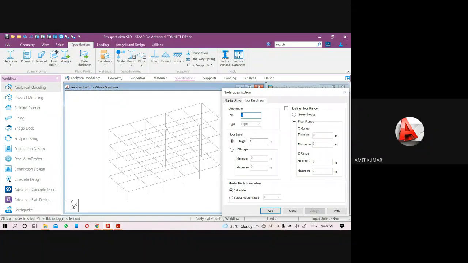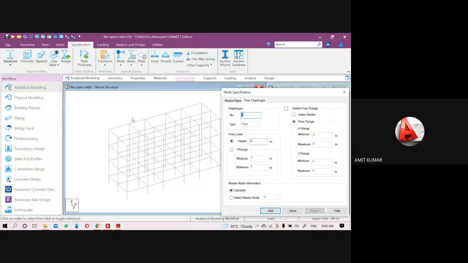So I was explaining why we use it. If we define a rigid floor diaphragm or a master slave using the floor diaphragm option in STAAD Pro, then the entire floor is considered as a rigid body with no relative displacement. That means each and every node will take displacement only along the x or z direction.